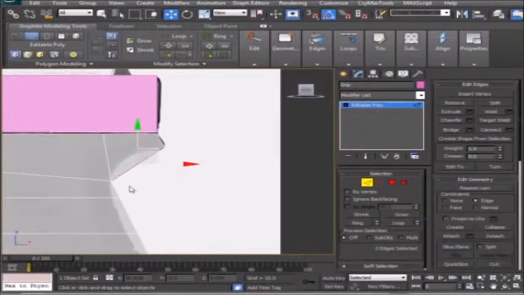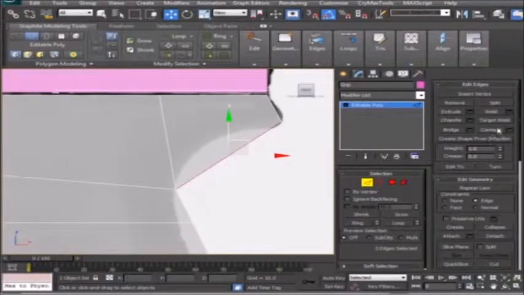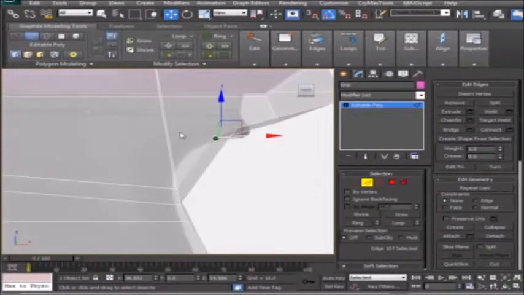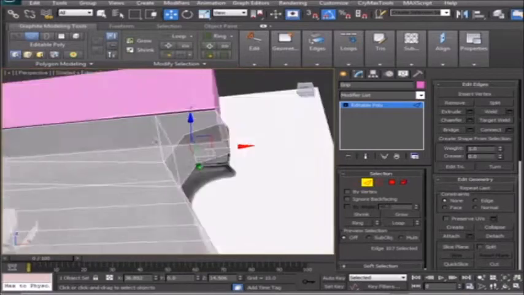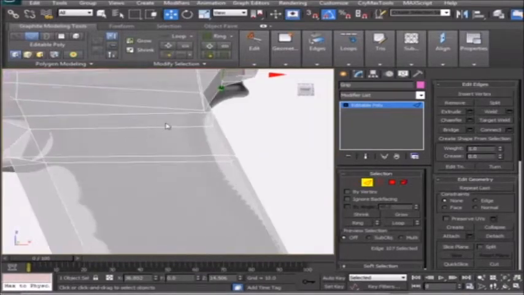Hit 2, and get this edge, and I'm going to hit connect, and I can just move that. Oops, I'm still on edge. I do that a lot. Can move that like that. Okay, in my perspective view, you can see, gave myself a slight bit of a curve there. Okay,